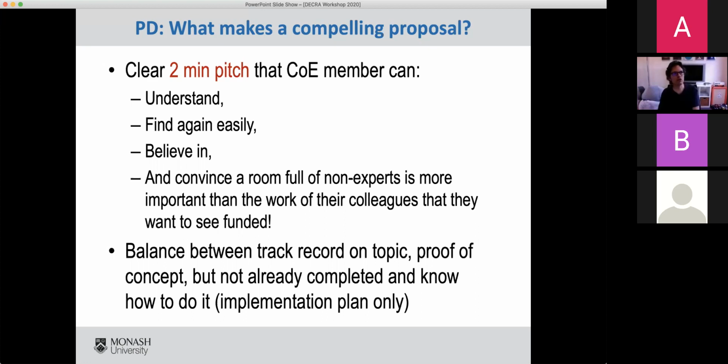If you can use that investigator section to give that real high-level understanding for the college member or for the panel member, why the research is important and why you're the person to do it. So remember, you're supposed to be talking about yourself, but you can talk about the research as it relates to your track record. Remember, they're only looking for a 2-minute pitch, just a couple of sentences. So this is why we still emphasize that first page, because it puts it somewhere where they can find it.